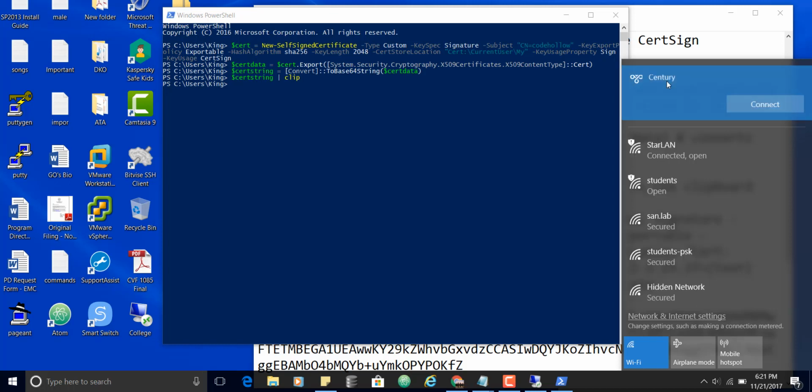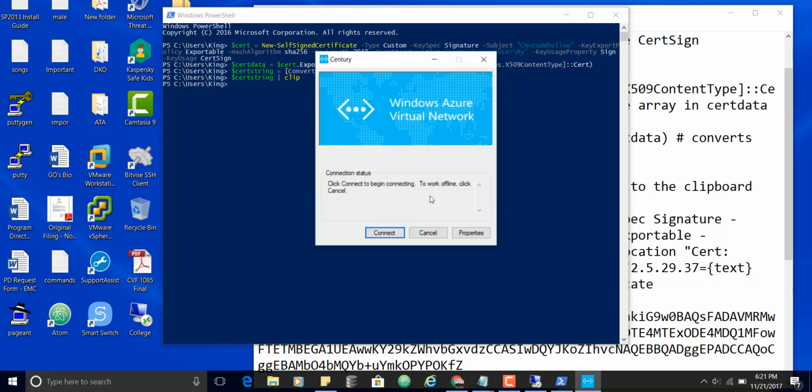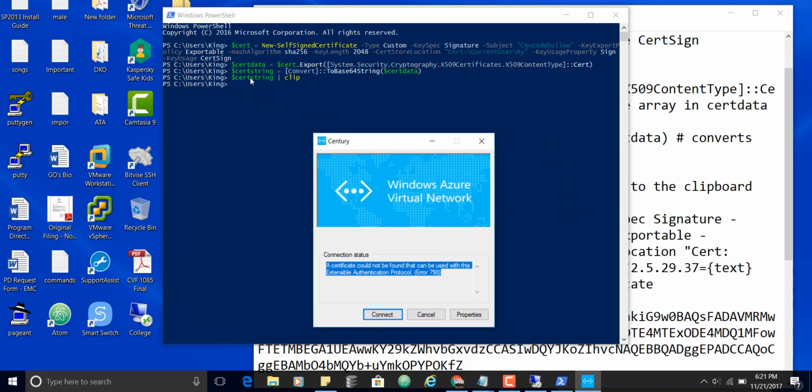If I select connect now, you will see it's not going to go through anyway. You're going to see some issues here. See that a certificate could not be found that can be used with this extensible authentication protocol. You understand that? The reason that would not work is because I don't have a corresponding certificate that matches the certificate that we generated on the VPN server here, and that